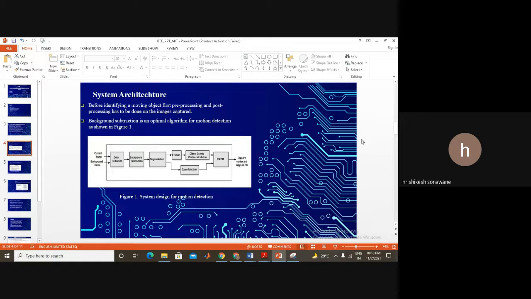Hello everyone. About the system architecture, this is our system design for motion detection. In our block diagram, there are several blocks. First one is the color reduction. In the color reduction, the image is processed before background subtraction and converted into grayscale. Since the paper focuses mainly on grayscale image processing, this module is also responsible for converting the images into a C style header file, which will be used for loading into the FPGA for image subtraction.